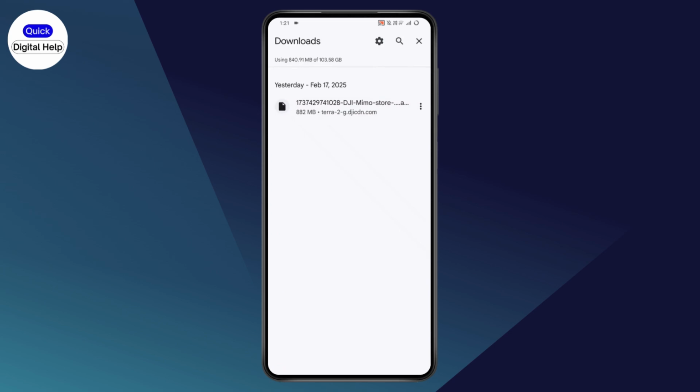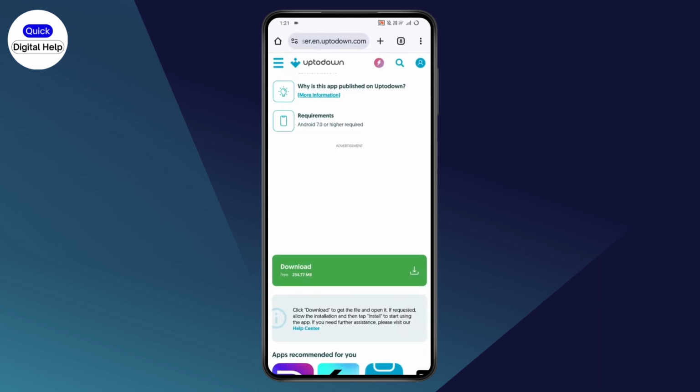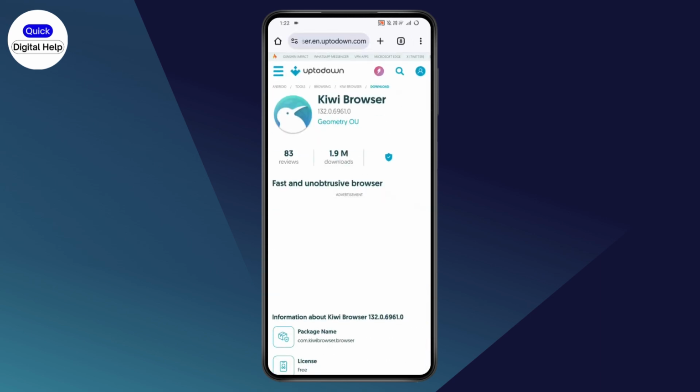You can just simply tap on the file, and once you tap on the file, it will ask you if you really want to install the application. You can just simply go with proceed or install, and your application will be installed. So that's how you can install the